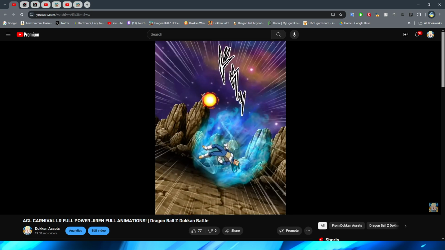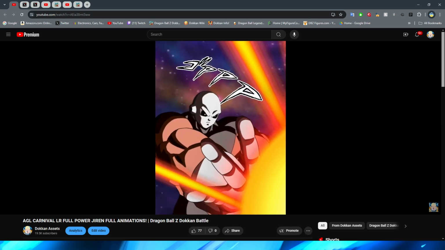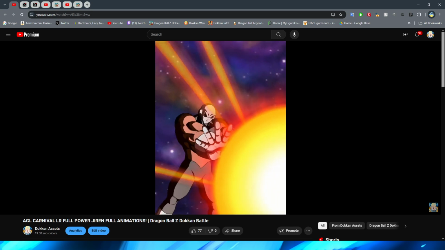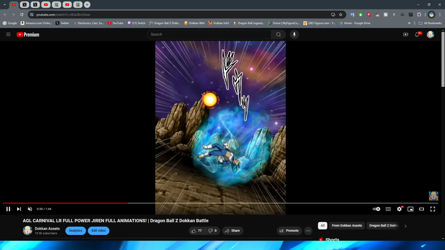Does it not feel like it should be a little bit longer? Or they should at least have the camera pan out a little bit more. It feels so jarring the way it cuts. I wonder why with this animation. There are a couple of different scenes that feel like they should be longer, but just aren't. Either way, we then have this faraway shot of Jiren charging the blast